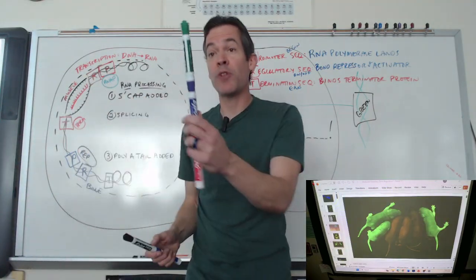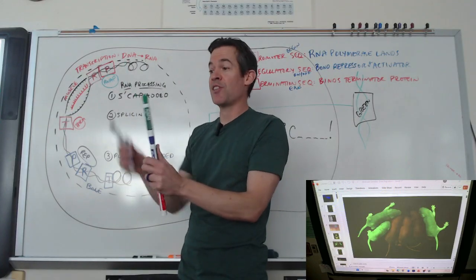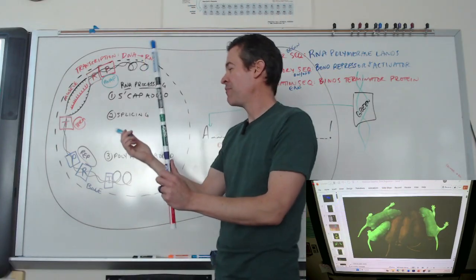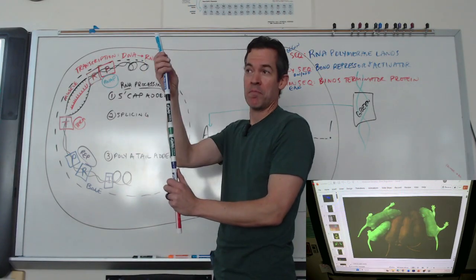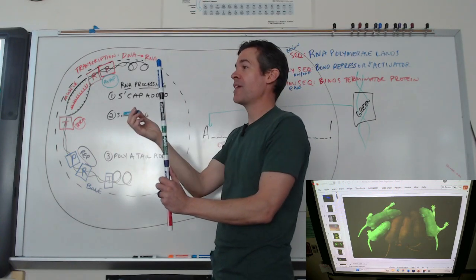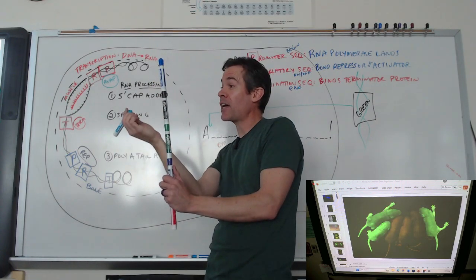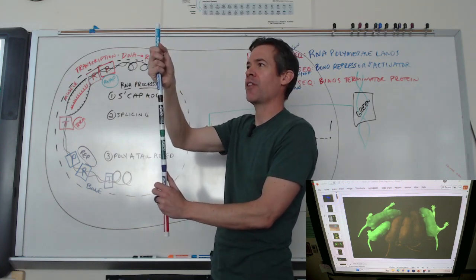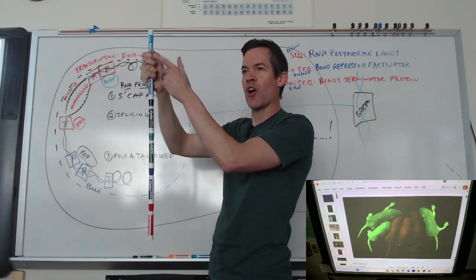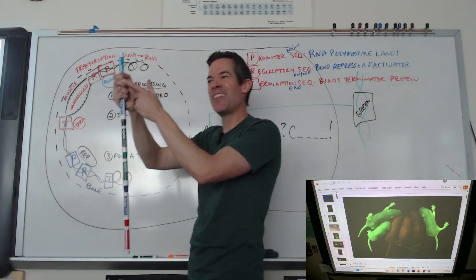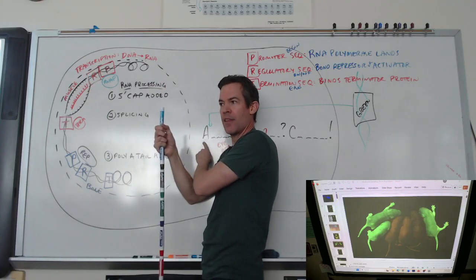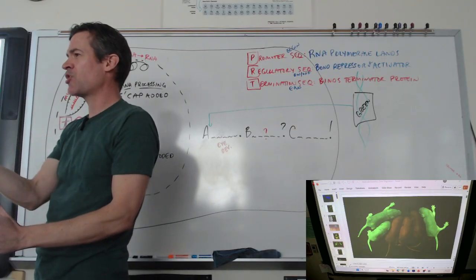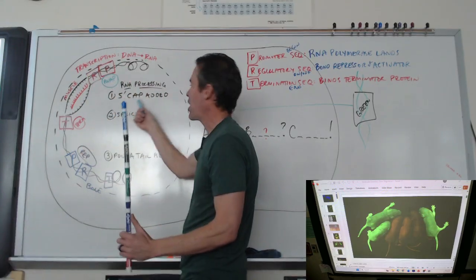What it is, it's just a nucleotide. Normally, if I'm adding A's and U's and G's and C's, I'm adding them like this. It's essentially a modified upside down guanine. You don't have to know that, but just realize it's a modified base. It happens to be upside down. So instead of joining like this, it joins in this weird configuration, and that means this is the start of RNA. It's kind of the equivalent of putting a capital letter. That means this is probably the start of a sentence. So we take this base, and it's just weird, and we call it a 5' cap.